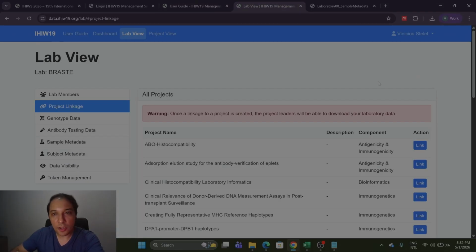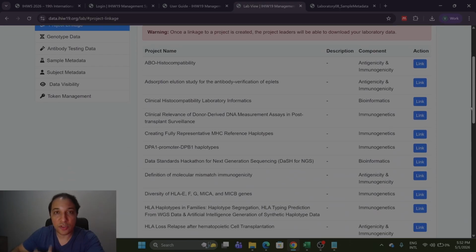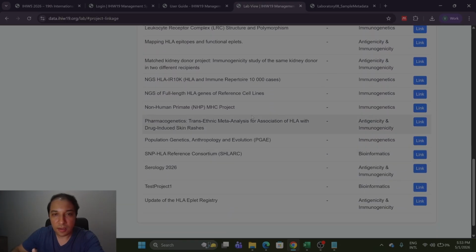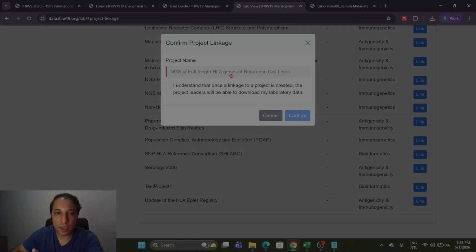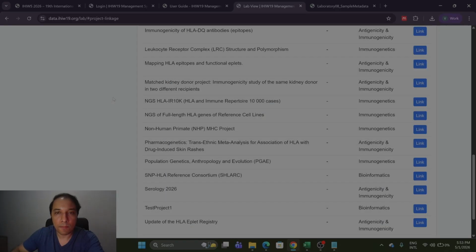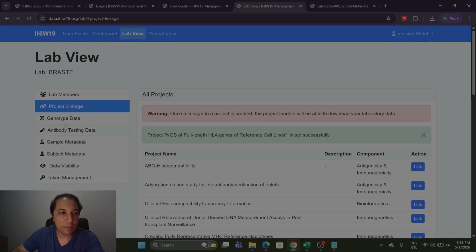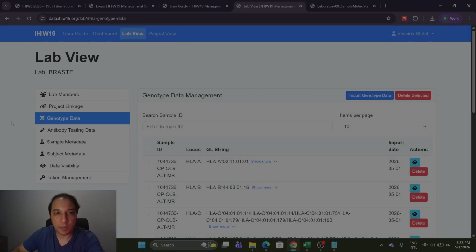After you get your login access, you can choose what is the project that you're going to share your data. So in our case, you will choose this option, NGS of full length HLA genes or reference cell lines. Okay. After that, you just need to go to the option genotype data.